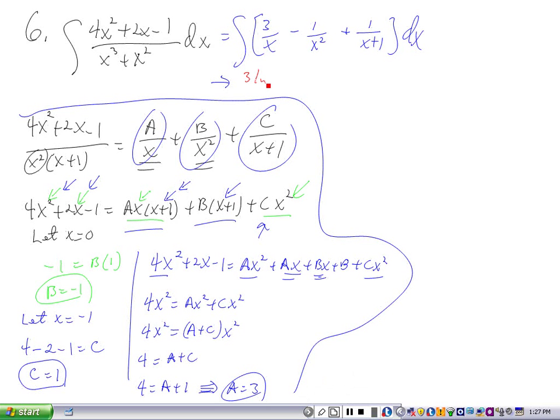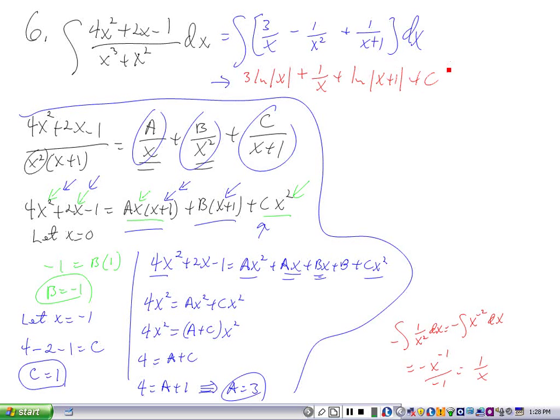So this is 3 times the natural log of the absolute value of x. You integrate the 1 over x squared. If you recall, this is negative in front there. Negative 1 over x squared dx. This is negative times the integral of x to the negative 2 dx. So this guy is the negative. Then I have x to the negative 2. X to the negative 2 plus 1 is negative 1 all over negative 1. So I just get 1 over x. So this guy right here is plus 1 over x plus the natural log of the absolute value of x